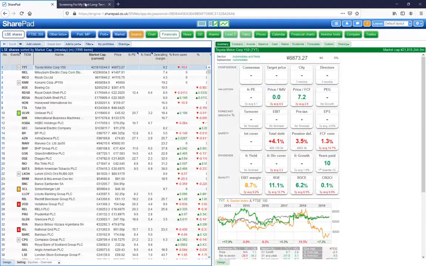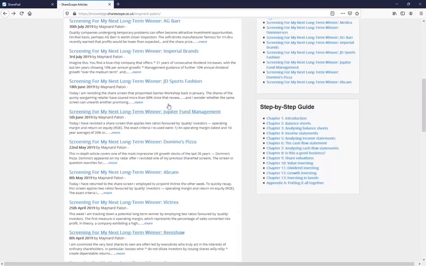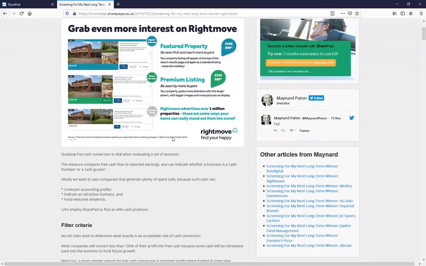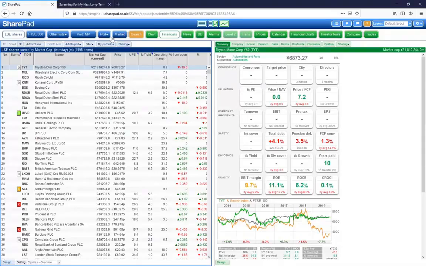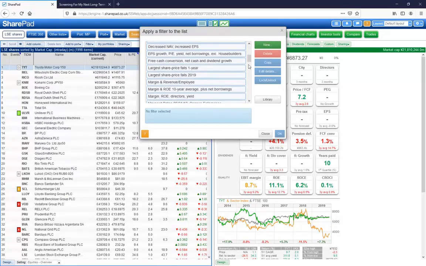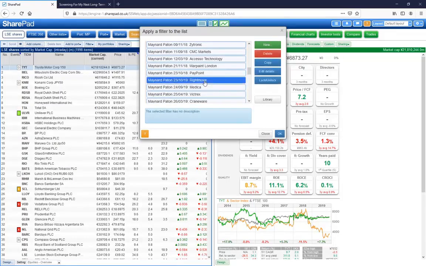Let's look at a second one now. And we're going to look for this one, so Rightmove. So the filter I use for Rightmove, and here we go, this was it. And I'm going to filter, apply, scroll down. Again, you can use the library to install this, and I'm going to click on Rightmove,